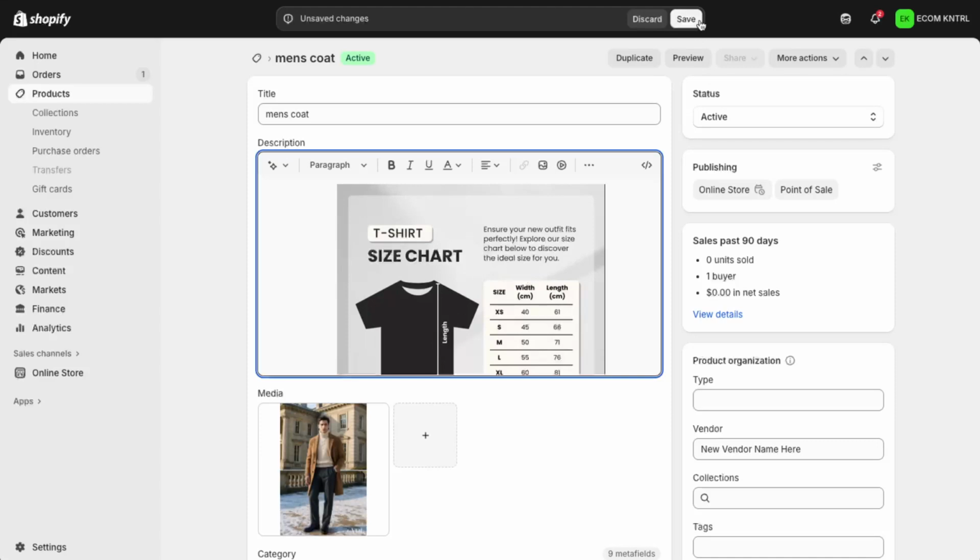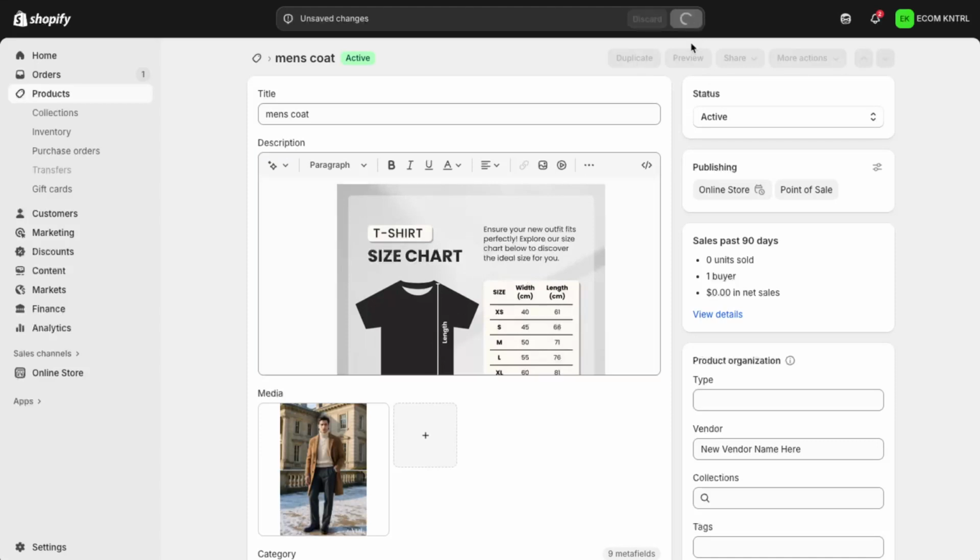Finally, don't forget to click Save at the top or bottom of the product page. This makes sure your changes go live on your storefront. Once it's saved, you can preview your product page